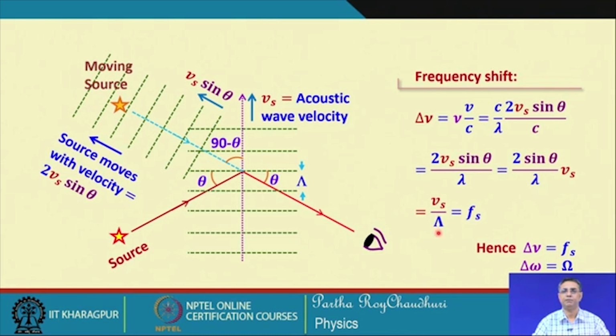So, V s by capital lambda is equal to the frequency f s. This is the delta nu shift in the optical frequency, and f s, you see, is nothing but the frequency of the acoustic wave. Therefore, f s, that is the frequency of the acoustic wave, is equal to delta nu,